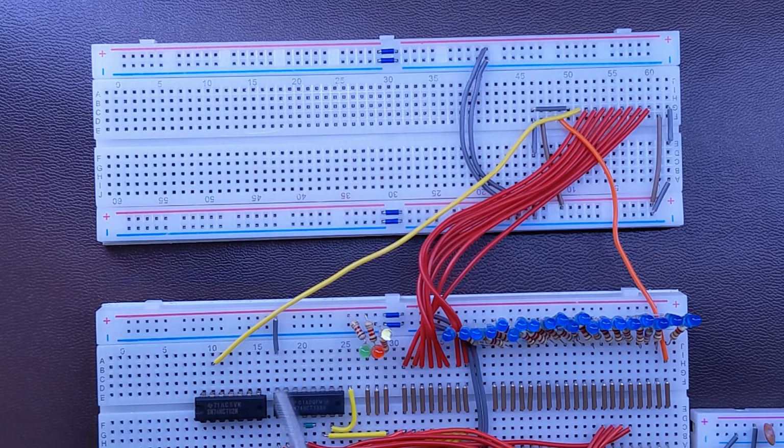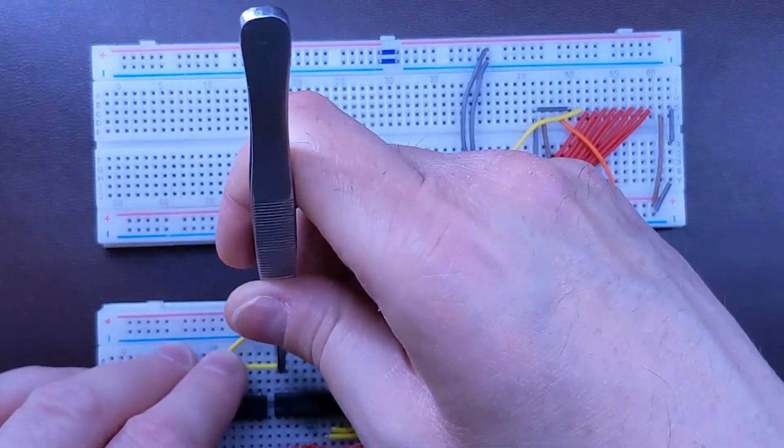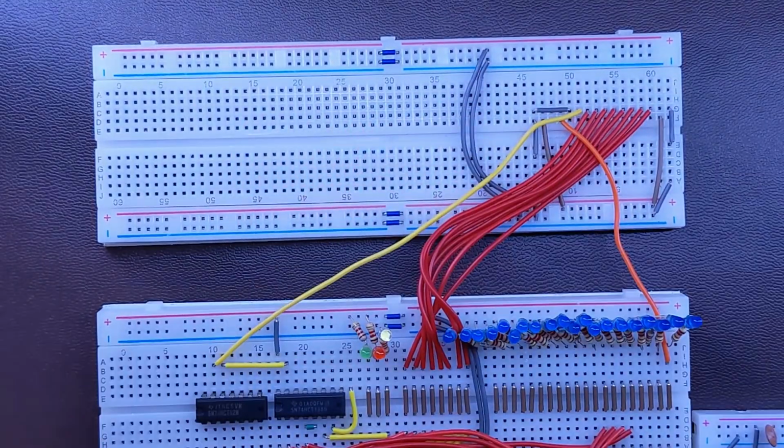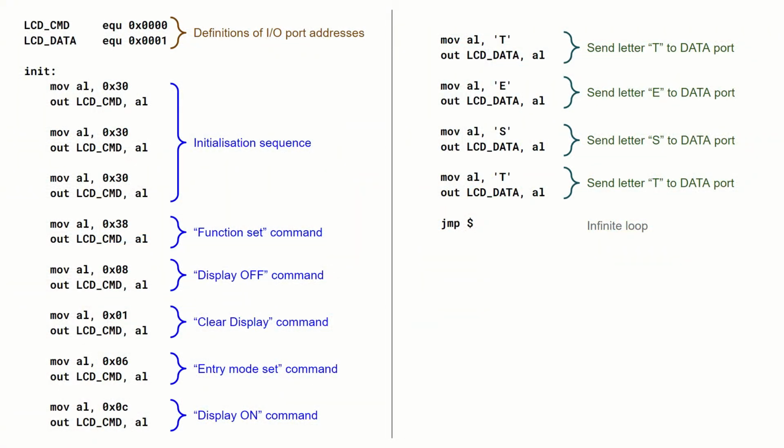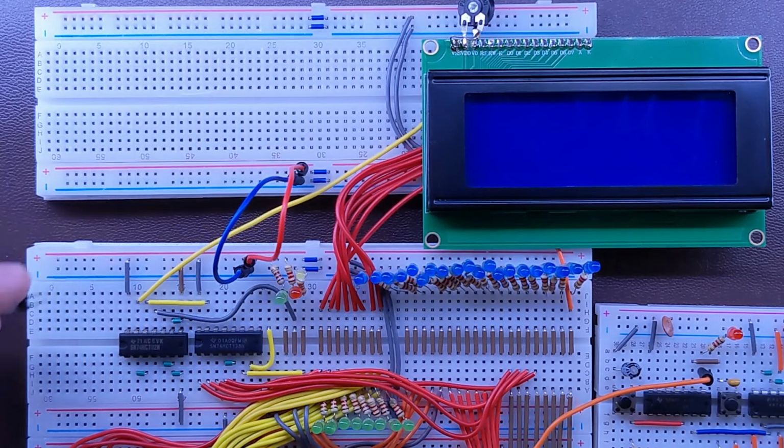After I connect both of them, I need to make sure that the NOR gate 7402 is supplied, and then I need to make sure that all of the inputs of the unused gates are connected to either ground or VCC. Initializing this LCD requires sending a few commands to it, so I put together a simple program sending the required commands to port 0, followed by sending some characters to the port number 1, which is supposed to be our LCD data register. Let's see if this works.